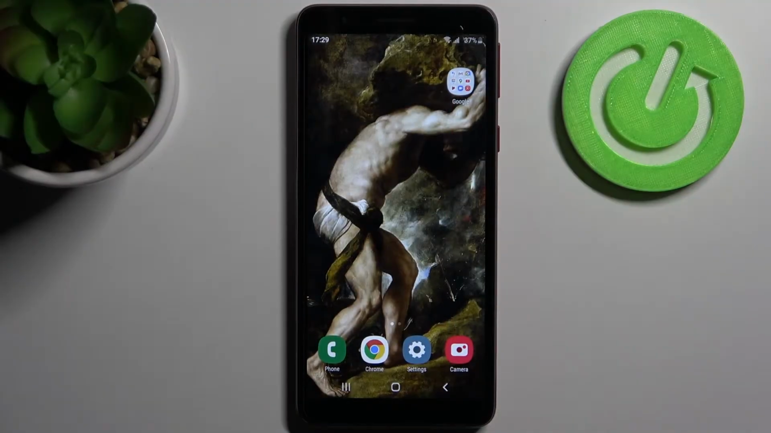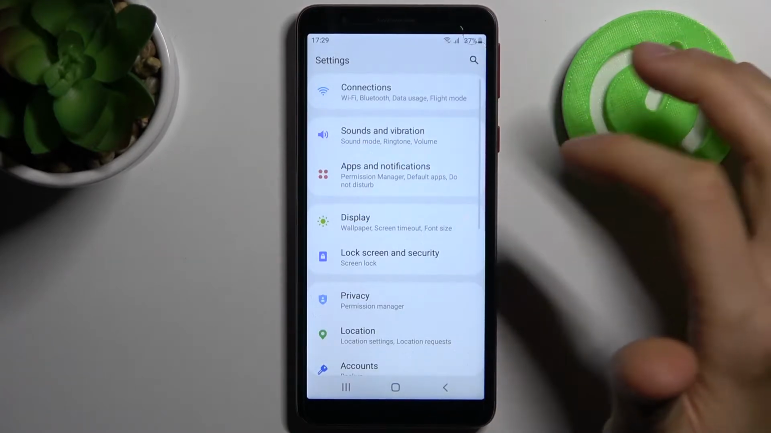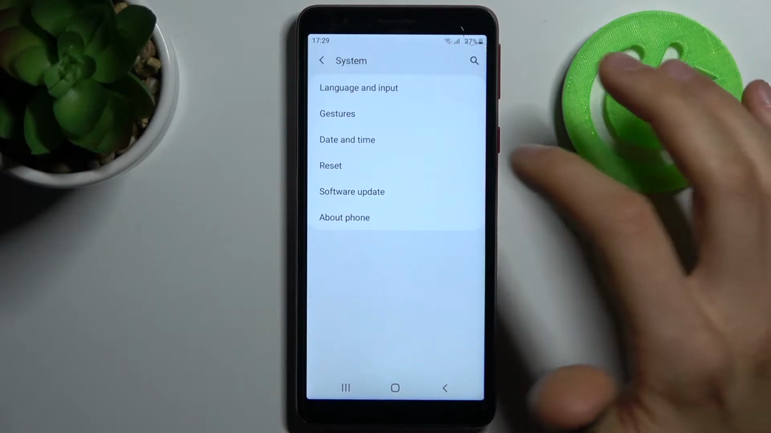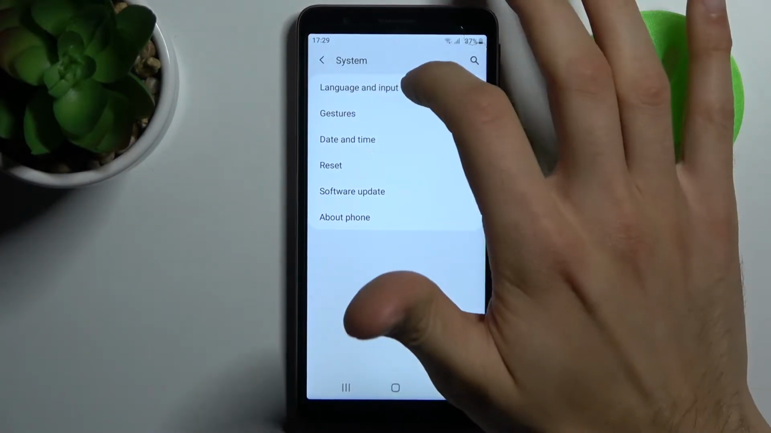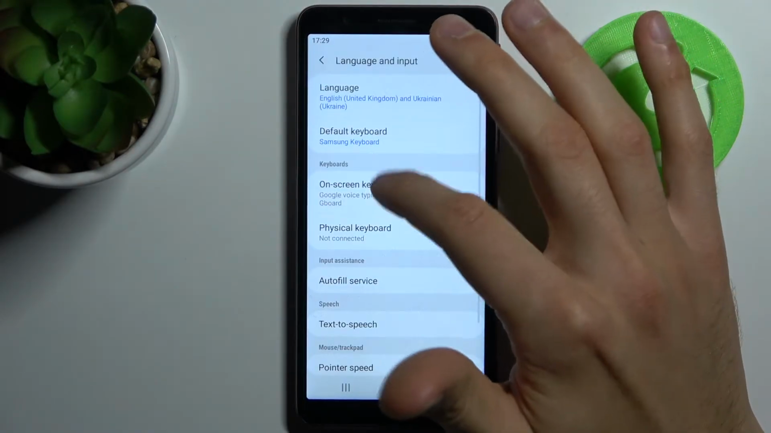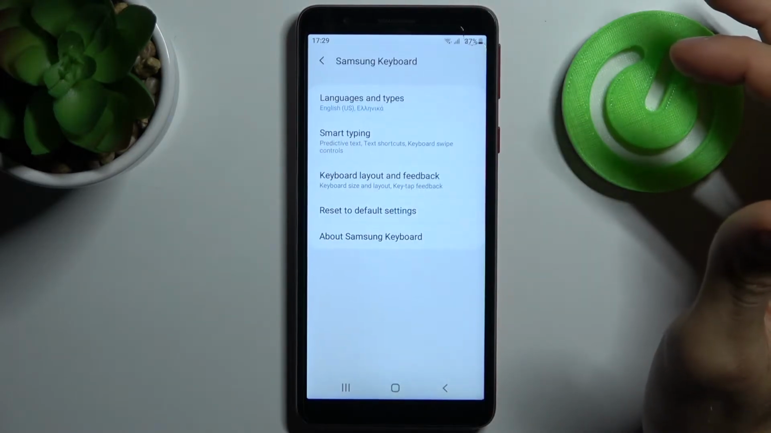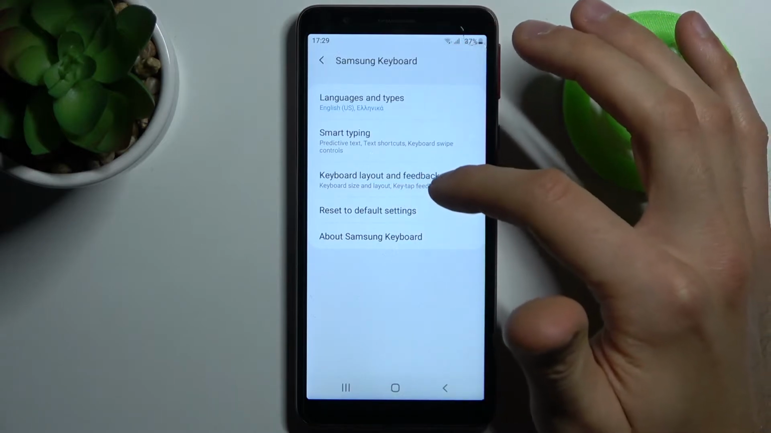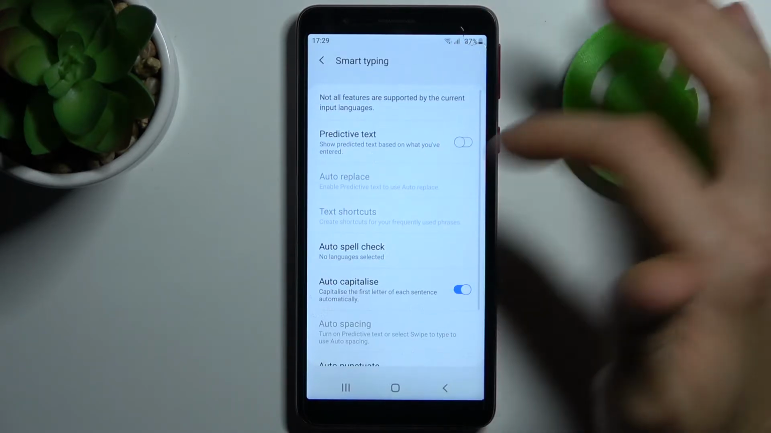Here I have Samsung Galaxy A01 Core, and today I'm going to show you how to enable SwiftKey autocorrection feature on this device. So to do this, firstly you have to open settings, then go to the system section, then go to the languages and input, on-screen keyboard, Samsung keyboard, smart typing,